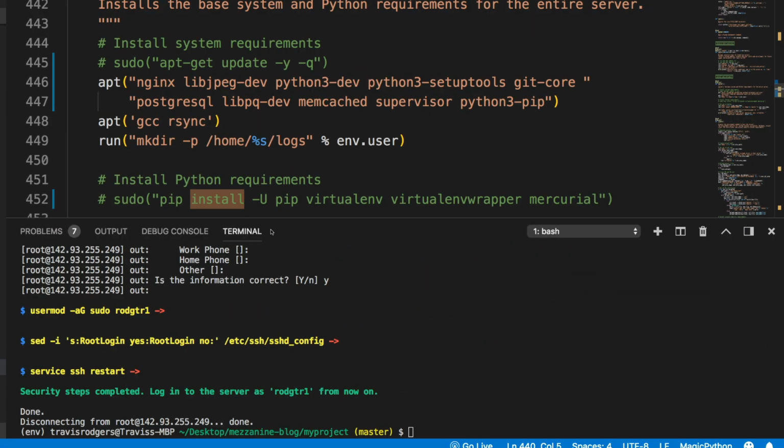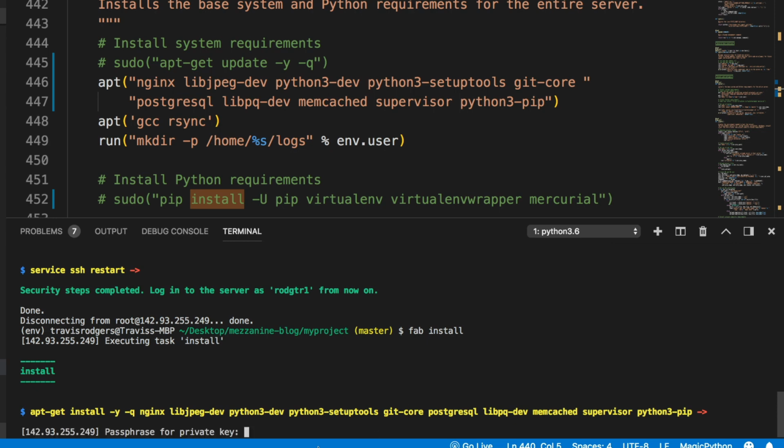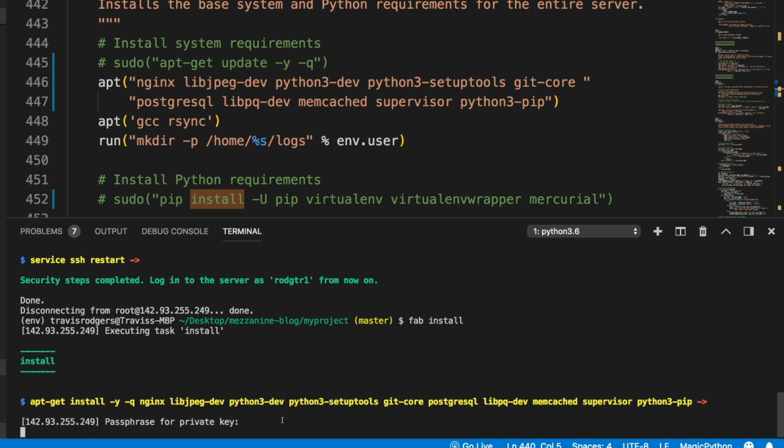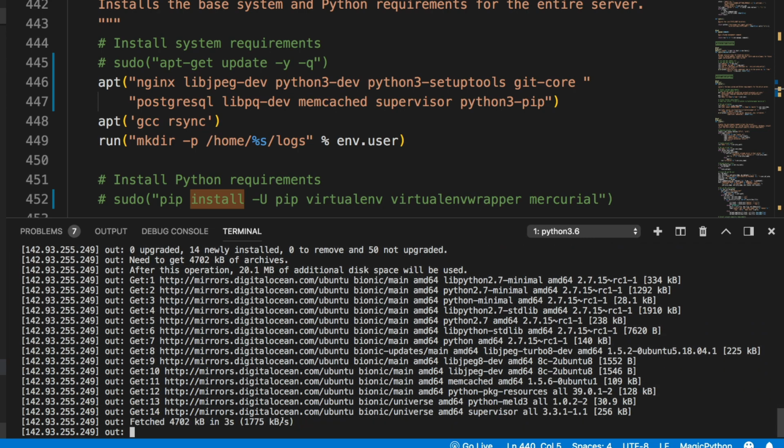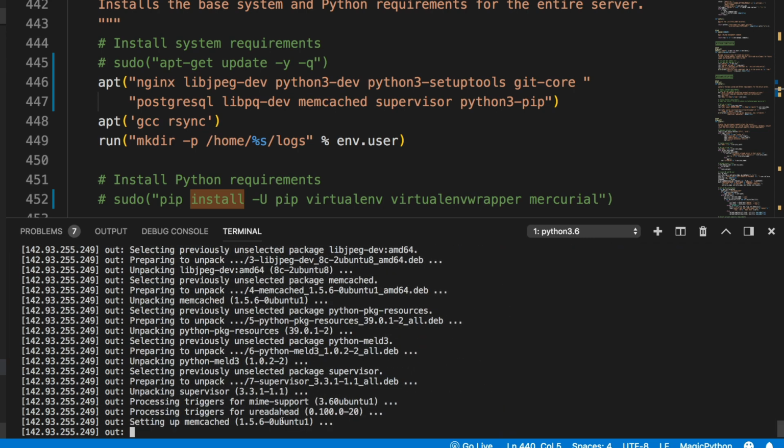So next up is install. Let's do that. Fab install, return. Now we look down here, it says apt-get install nginx, all of these things. That's what this is. It's just running this function. So let's put in our password. All right, so it's running all this stuff, installing all these things that it doesn't have,